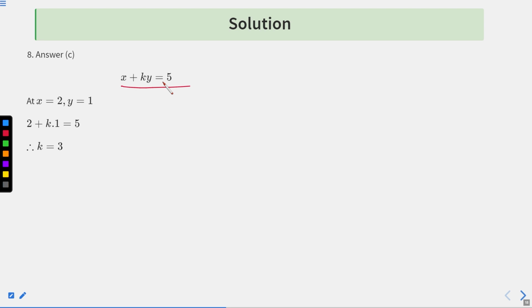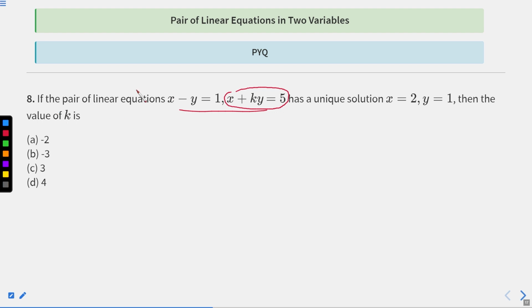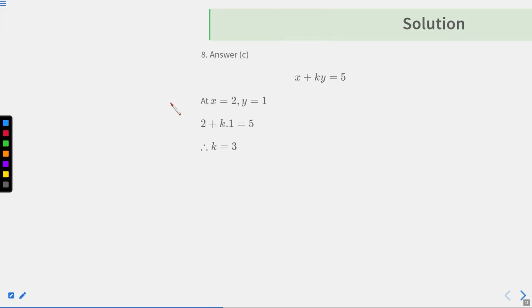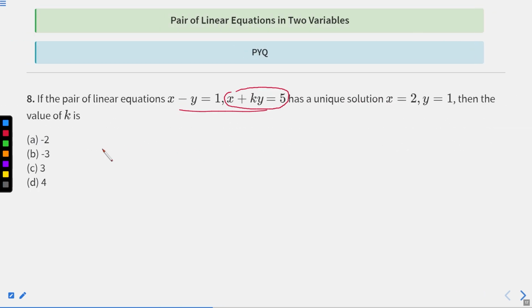If we simplify this, we get the value of k equal to 3. So if the pair of linear equations x - y = 1 and x + ky = 5 has a unique solution x = 2 and y = 1, then the value of k is 3. So here option C is